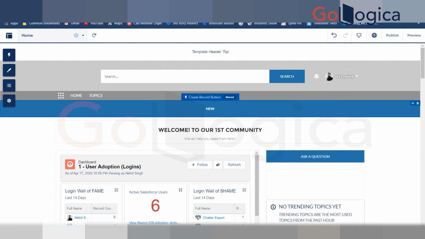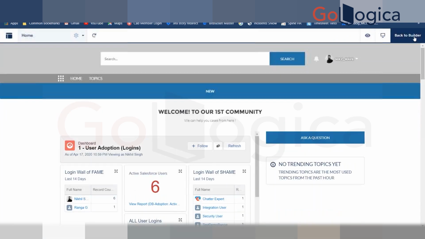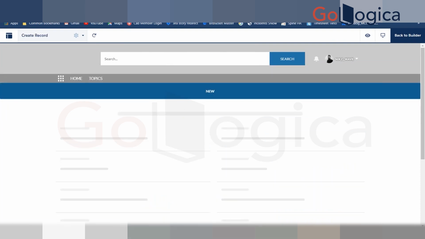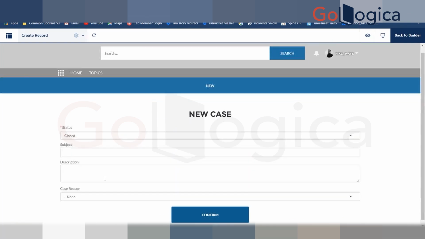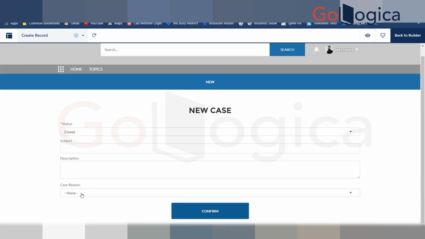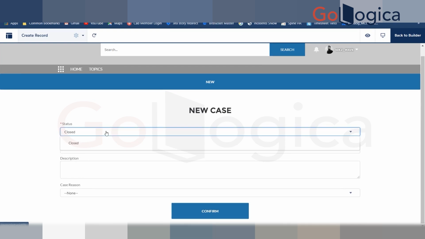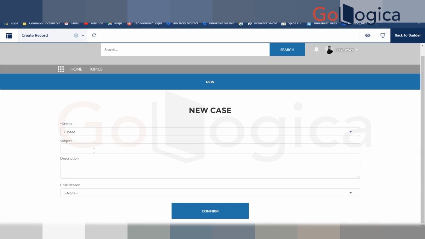Now I'll save it. So preview. Now this is how it will show. And if we click on new, it will take to that new case page. Click on confirm. Then there are four fields: status, subject, description, and reason. That's it. So we have only status closed available now, which can be opened by the service agent. They can check it. Let's see